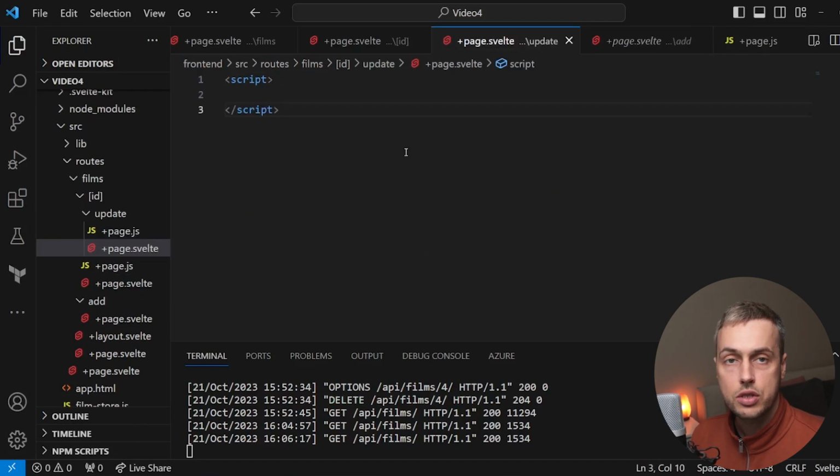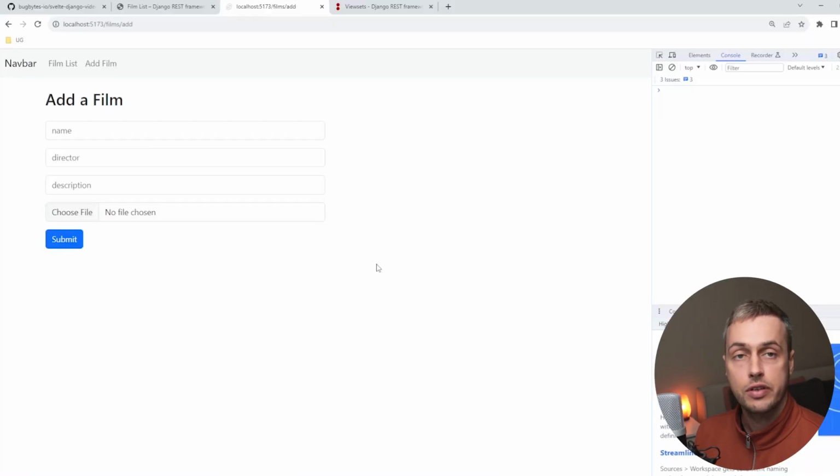Now this component is going to be very similar to the add a film page. If we go back to the application, this is the add film page here that contains a form. We need something very similar for the update page, and that's because when we update a film, we are going to be sending the same data to the server, and that's the name, director, and so on. So we need a form that's very similar to this, and a lot of the logic is going to be